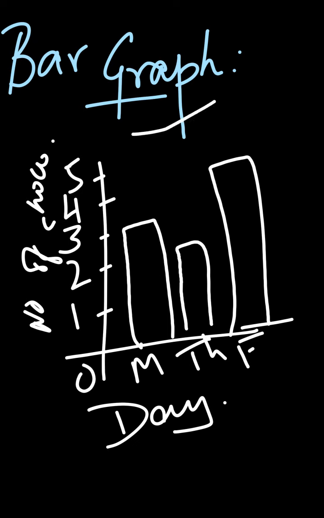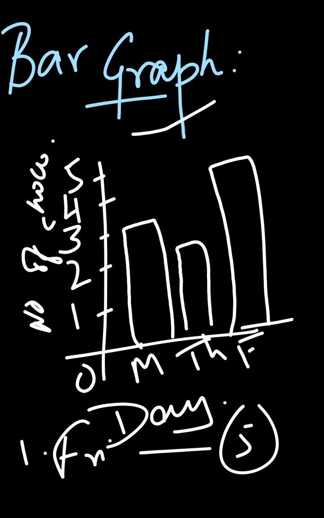This we already know. Whenever you are asked, they'll give it like this. When they ask a question like, how many chocolates were sold on Friday, obviously you will write 5 chocolates were sold. Clear? This is just the recall of what we have studied, that's all. There's nothing to get tense about.